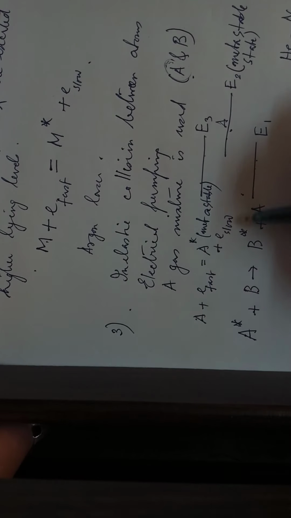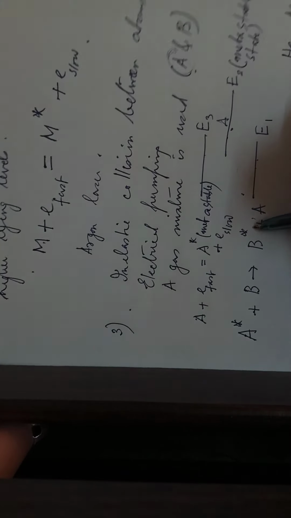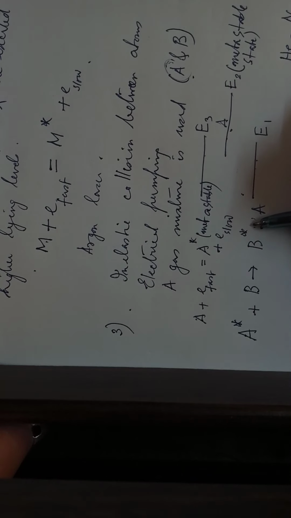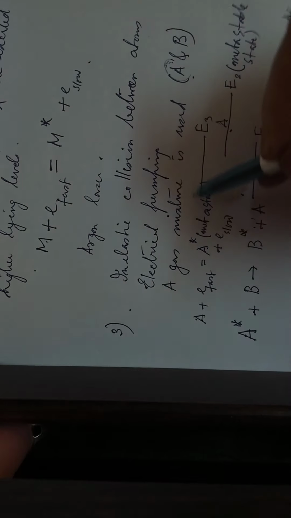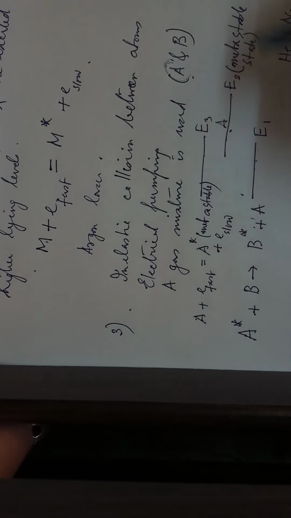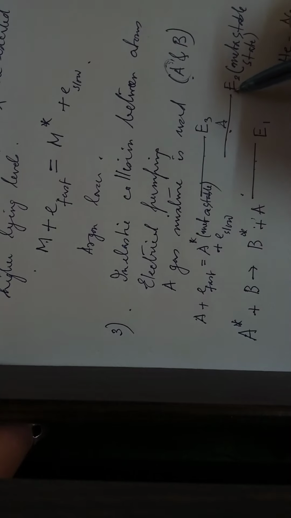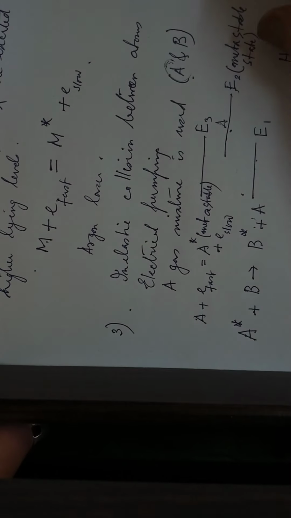Because a gaseous substance has a very narrow absorption band, you just can't do pumping using a flash lamp. That is why in most cases of gas lasers, population inversion is achieved by this kind of electrical discharge between two atoms, one of which can lie in a metastable state. Is that okay? The next pumping technique is excitation by chemical methods.